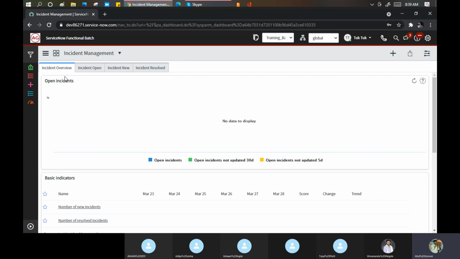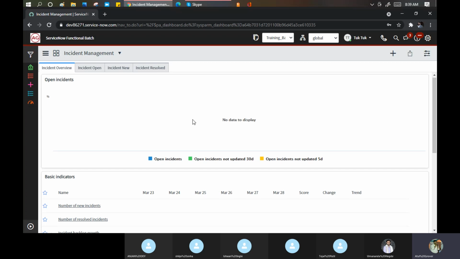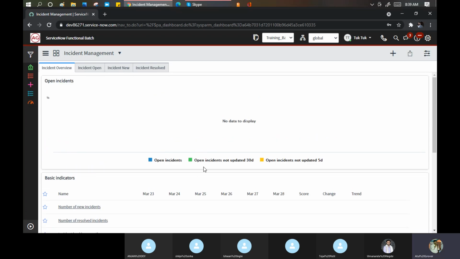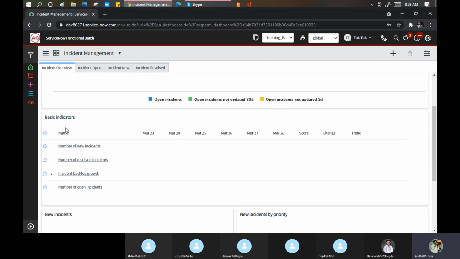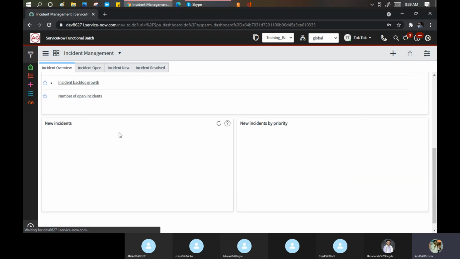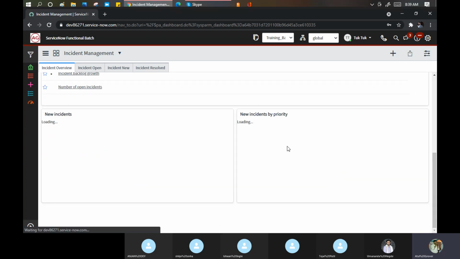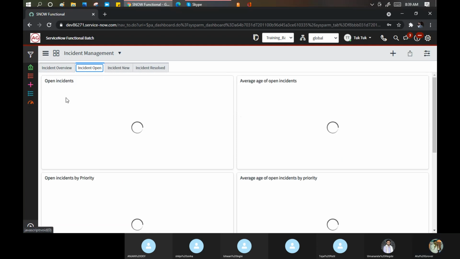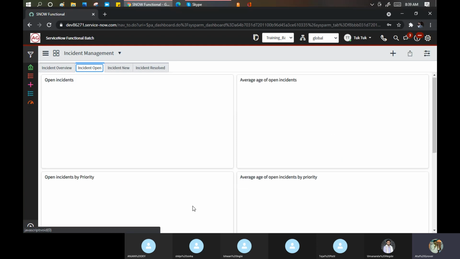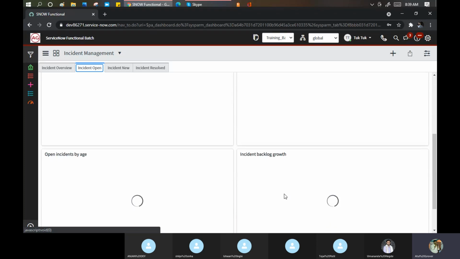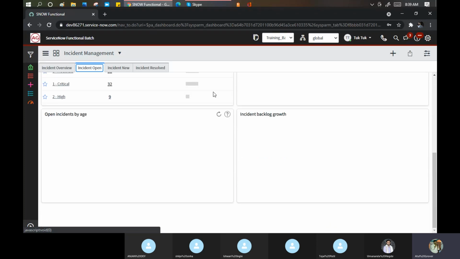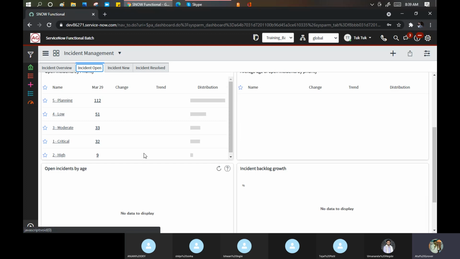In the incident overview, I have multiple reports: open, closed, or not updated in 5 days. What are the basic indicators, how many new incidents have come to me, how many priority-wise have come to me. If I go to the incident tab: open incidents, aged incidents, priority incidents, average incidents. All this data is coming from the reports only, nothing else.